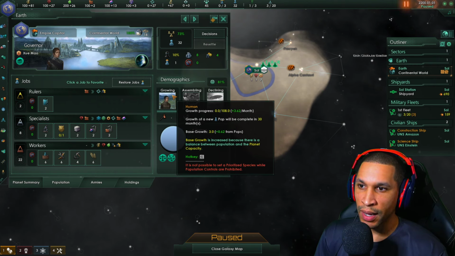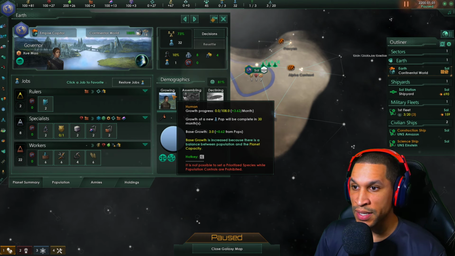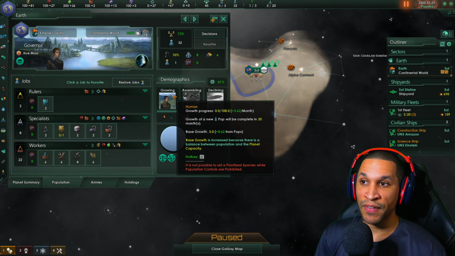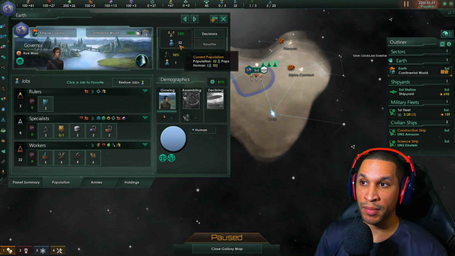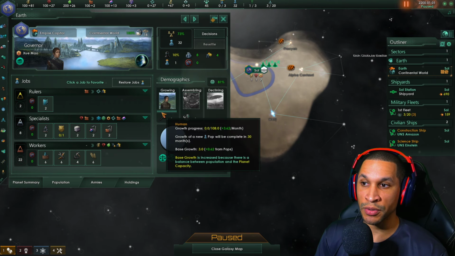And so it shows the growth progress. It shows when I will have another pop. And so here it says growth of a new pop will complete in 30 months. Okay. And so if I let time go by in 30 months in game, this 32 will turn into 33